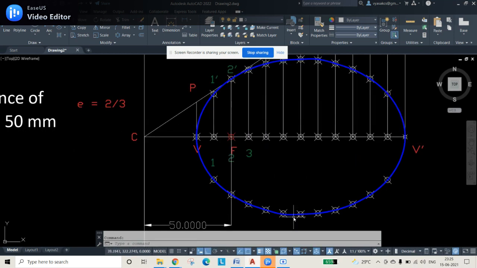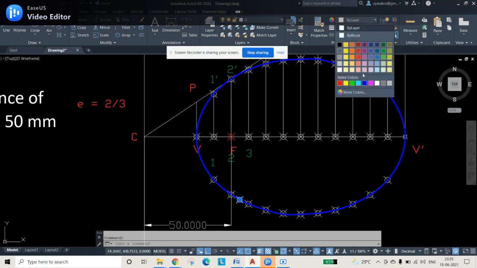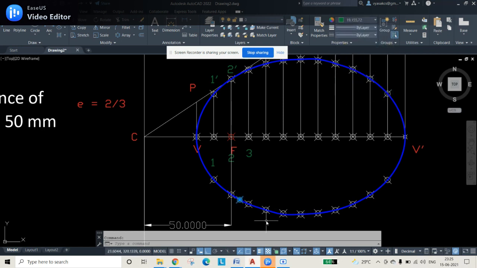We'll select some point on the curve, that is P enter. I'm selecting some point. I'll give some separate color so that it will be good. So I'm giving green color and some white also I'll give. So this is what the point is. So some point, let us give some name for it.